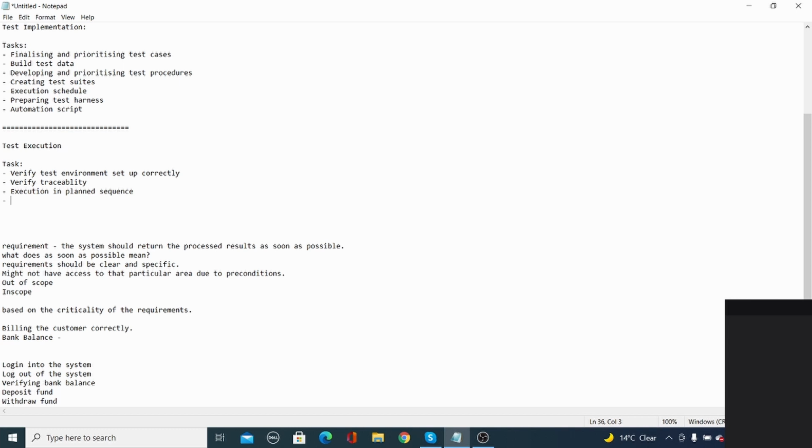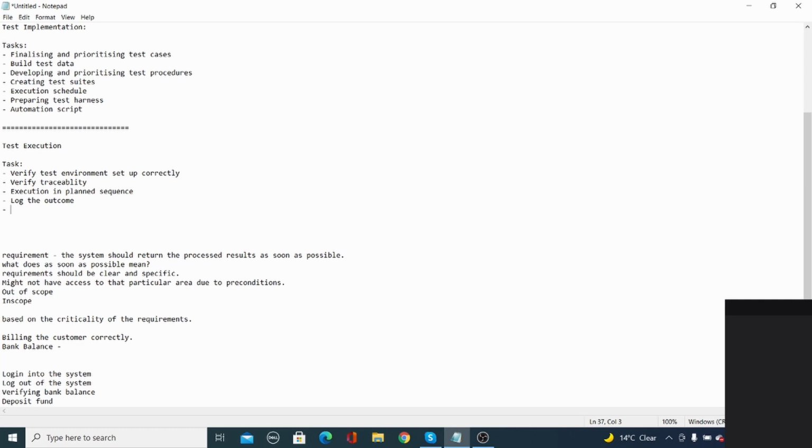Logging the outcome of test execution. Now you have executed the test case or test cases. Then you have to say whether the test case passed or failed, whatever the result is. So you need to record it somewhere, meaning in a tool, or if you are using Excel, then in the Excel attached to the particular test case. You need to record the outcome. Now the test case pass or fail is done, and you have the results recorded. Now you need to